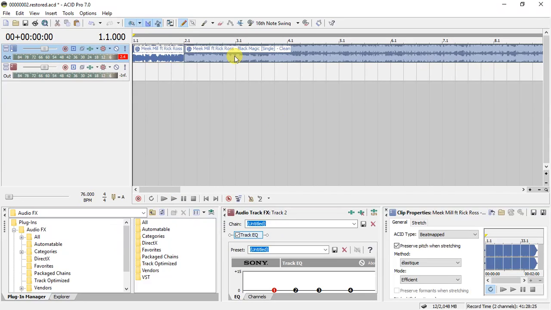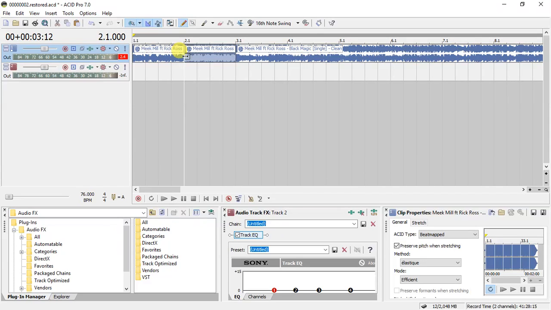So I wanna slice over here. I've already sliced the first part so that I can remember. I've already sliced over here and here. So the next thing that I'll do, I'll add another audio track at the bottom. You just press Control Q on your keyboard, and another empty audio track will come in where we will store